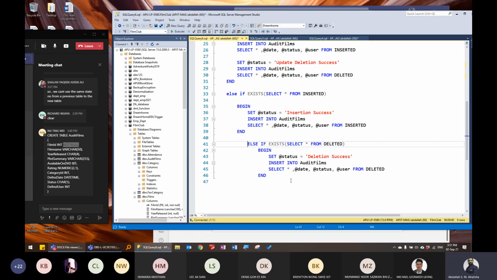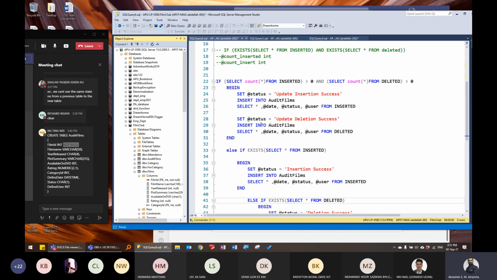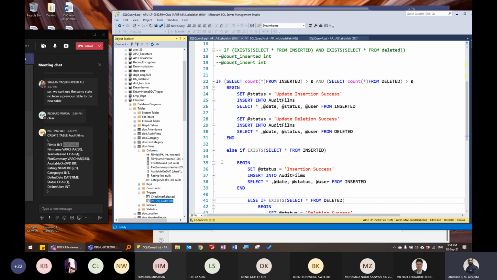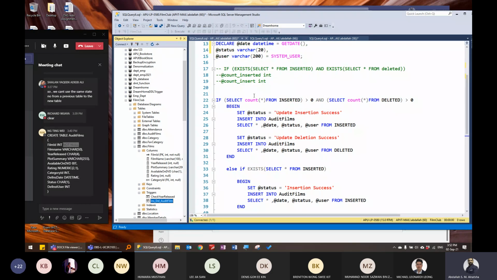Now the logic here is supposed to have no issues because I'm just following up one by one. So let me first try to insert a record, then delete a record, then update a record and see what will happen. Or maybe I'll go to update first, because I'll just follow up with the code here. Okay, I did this earlier. I'm not sure if there are any issues, but let me just